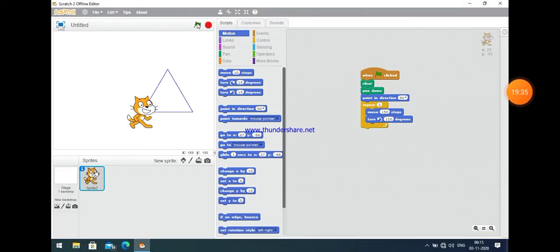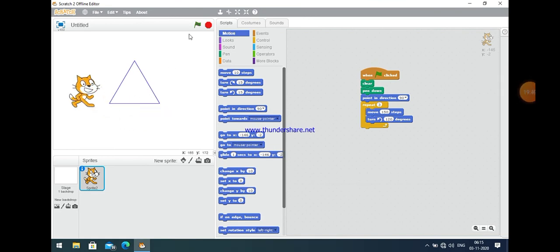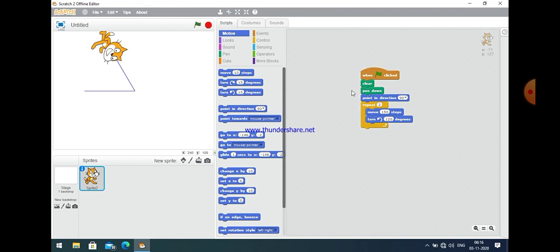Let us do it again. You can easily see here. If I just give 2, then you can see that it will repeat only 2 times. If I give 1, then it will execute only a single time. And if I give 2, then it will execute 2 times.